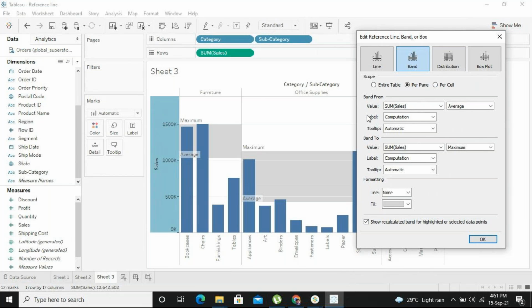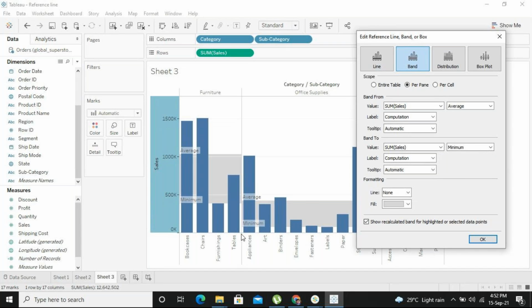What is the maximum value? I'm setting the limit as average. Average is my deadline. From that average, what is the maximum sales rate? From that average, what is the minimum sales rate? When I say the average is 50, what is the maximum value done, like above 50, like 75, 85? When I say maximum, it is filled up to here. When I say minimum in this place, band to minimum,